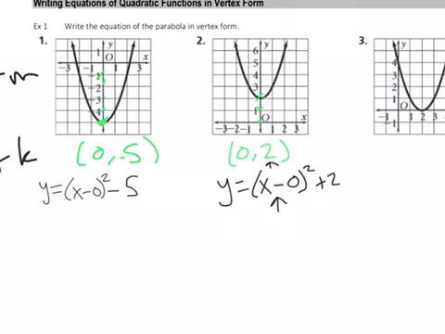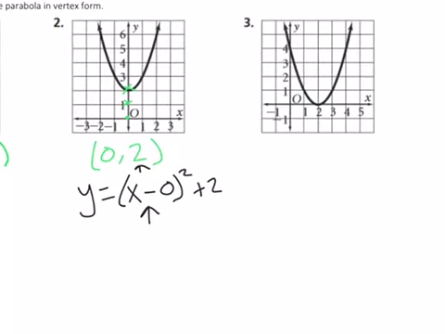Okay, pretty self-explanatory so far. I hope you guys are following along. Let's try number 3. We're going to have y equals, I'm just going to leave that as my base. That's what they're all going to start out as. This one is a little different considering it is still on that x-axis. However, our shift this time is to the right